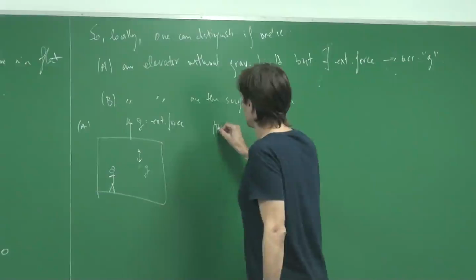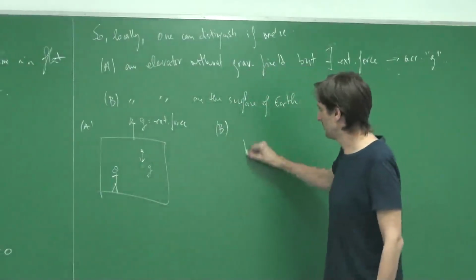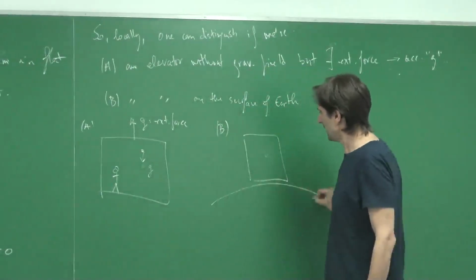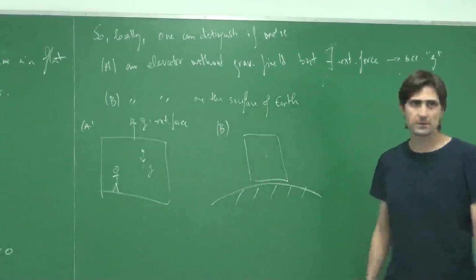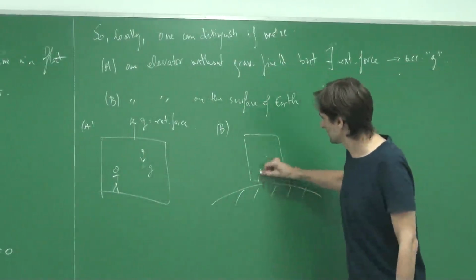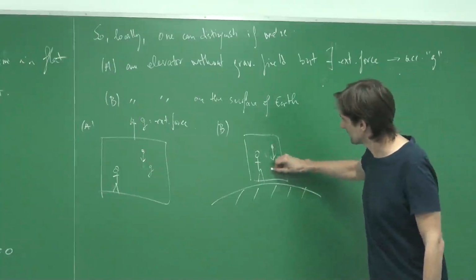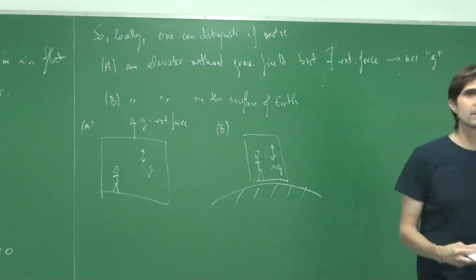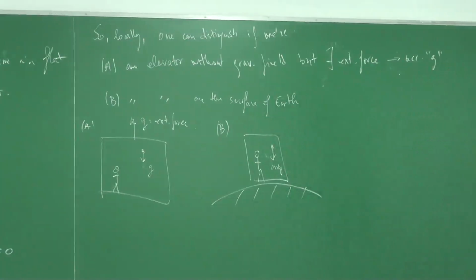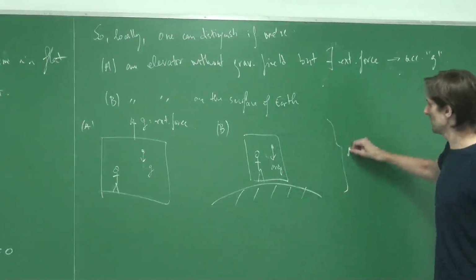And here, you've got your elevator on the surface of Earth. You've got your little observer, and the particle is still going down with the same acceleration. So this is locally,